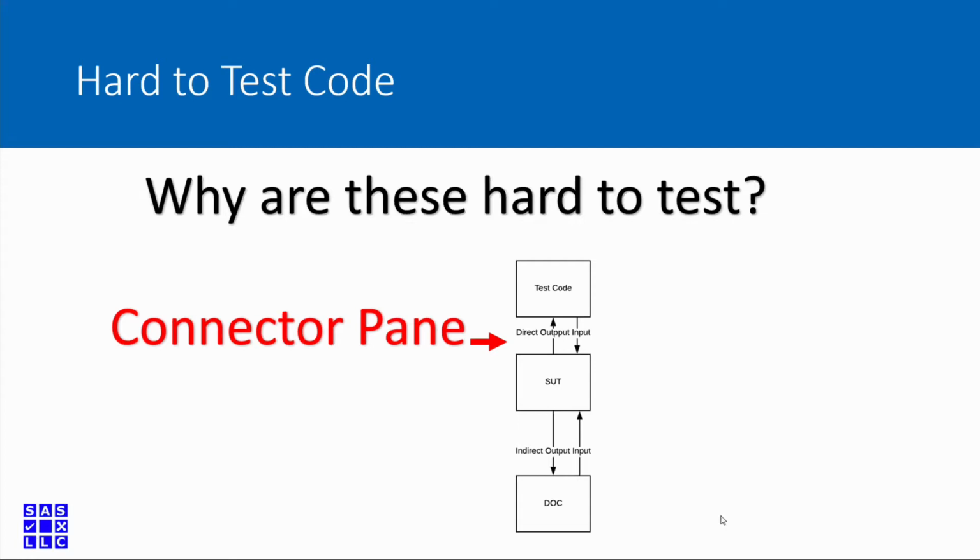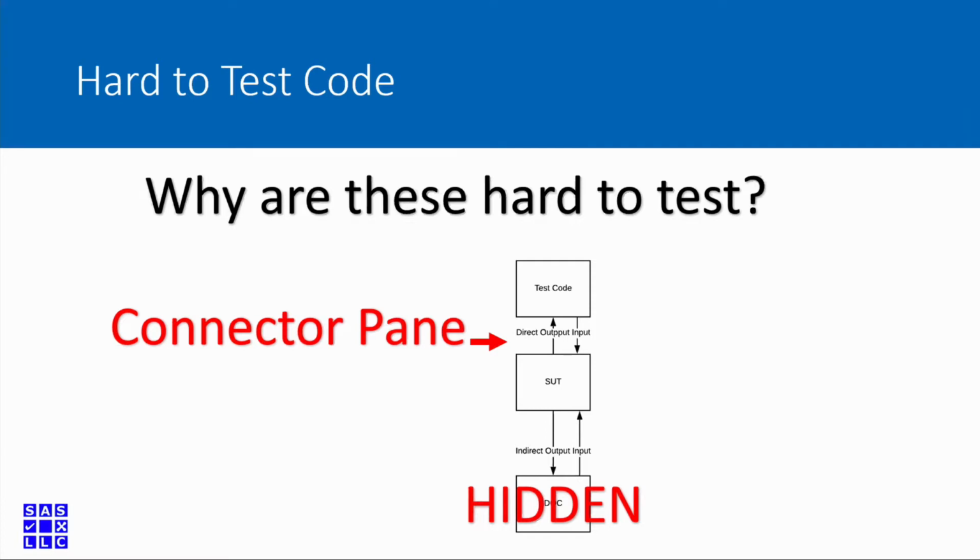But what if our SUT, the software we're testing, interacts with some other thing, some dependency? DOC stands for depended-on component. So we've got a dependency there, and the SUT's interaction with that is hidden. We call those indirect inputs and outputs. If the SUT is interacting with the database, and I tell the code I'm testing, hey, go store this record in the database, how do I actually know that it stored the data? It just returns without an error, and that's all I have. So I either have to find some way around through the backdoor to access the database and verify that it's there, or I have to do something else.